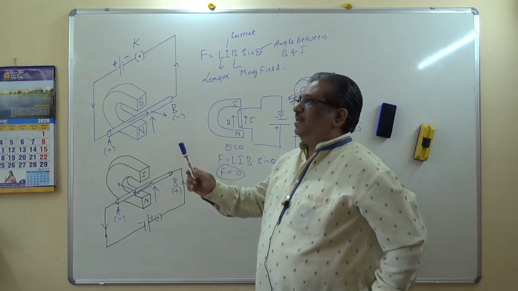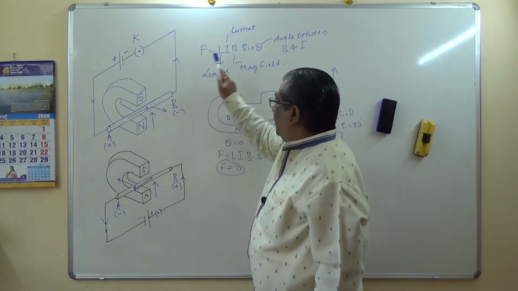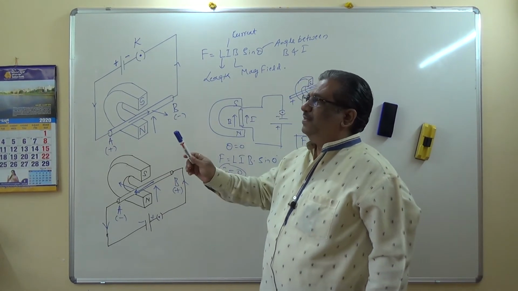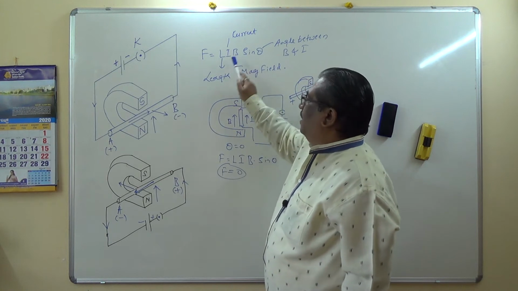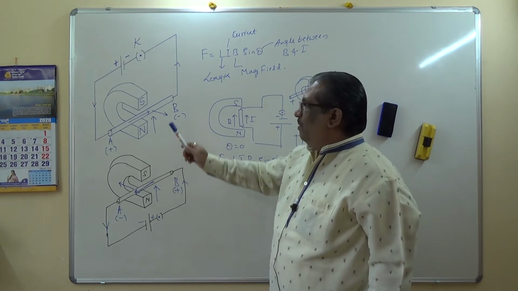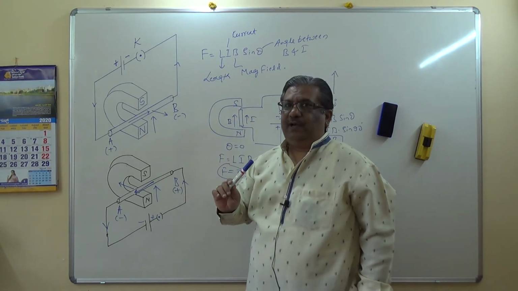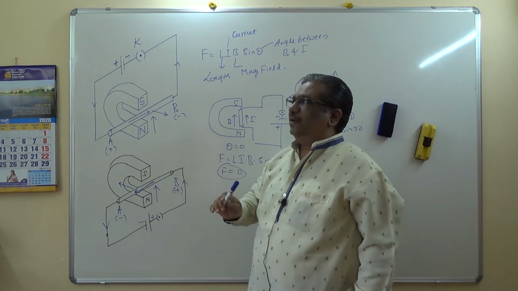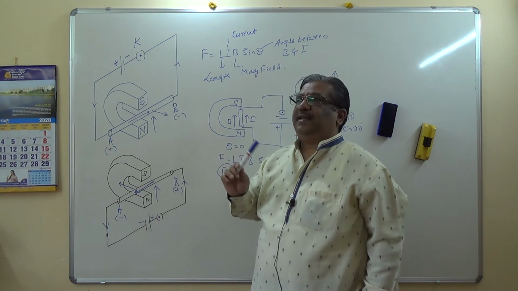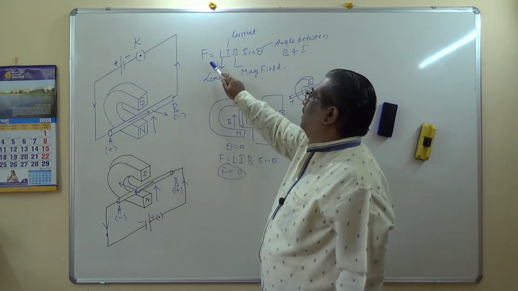First, by increasing the current. Yes, if you increase the magnitude of the current through this, it will increase. By increasing the magnetic field strength, B. You understood? So, of course, by increasing the length of the conductor also, it is possible. Here, the length of the conductor again may increase the mass and all. So, there is a real restriction over the length of the conductor, and therefore, definitely F is proportional to all